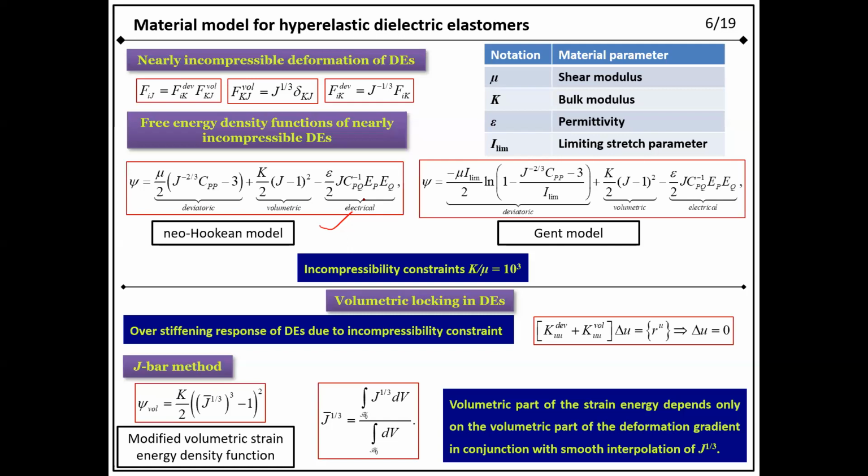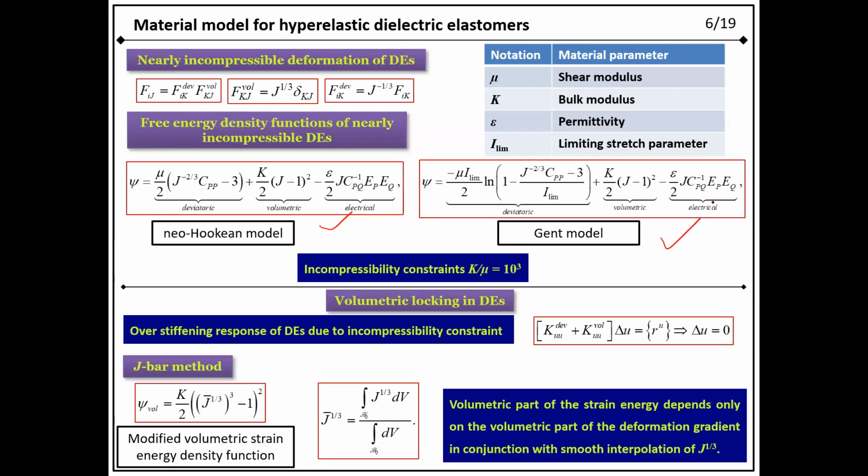or the polymer. And another model also captures the strain stiffening. Such polymers also exhibit strain stiffening at the higher strains, so that can be captured by such models. Okay, the Neo-Hookean model and the Gent model. Neo-Hookean is a simple model that does not capture the strain stiffening. Okay, so one more thing that is required.